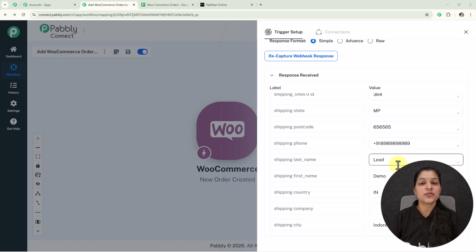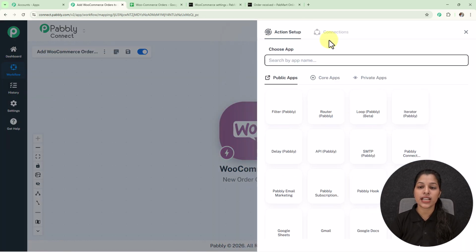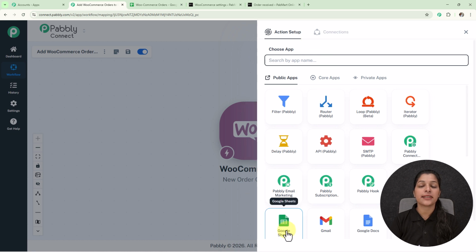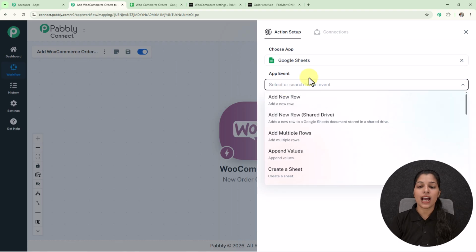So now this shows that we have successfully integrated our trigger app, and now let's move on towards our action app. And now I am going to add this data to the Google Sheet. So for that we just have to click over this add new action step button, and here I am going to select my action application as Google Sheets, and here I am going to select my app event as add